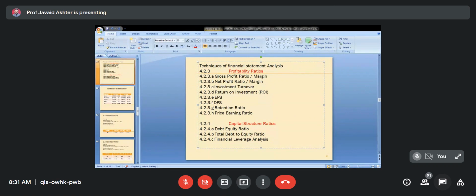Suppose a company has debt of rupees 2 and equity of rupees 3. So its debt equity ratio will become 2 is to 3, isn't it? Suppose I write here itself, debt equity ratio. Suppose it is 2 is to 3. For another company, it is 1 is to 4. For yet another company, it is 4 is to 1. Suppose these are companies A, B, and C respectively. So which one is better?